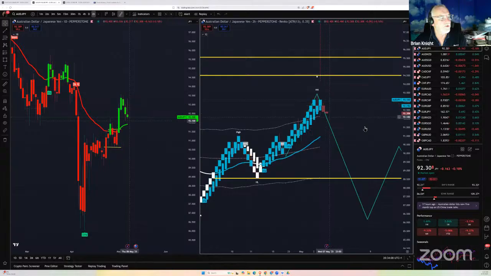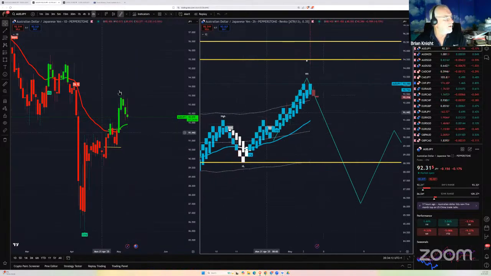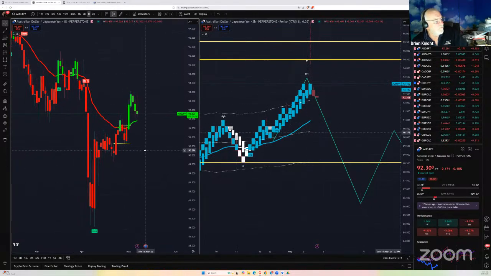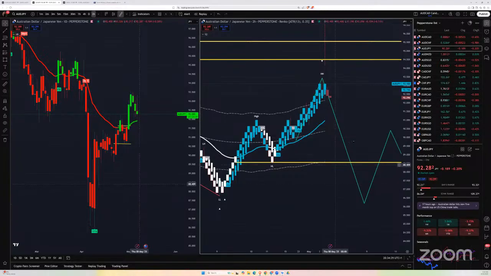We don't have a short, we don't have a Heikin-Ashi change in color, but we've got some bricks that are moving back down again. If you look on the standard candles, great. And I'm looking at this as a long-term downtrend. And this blue line just passed your last wick.